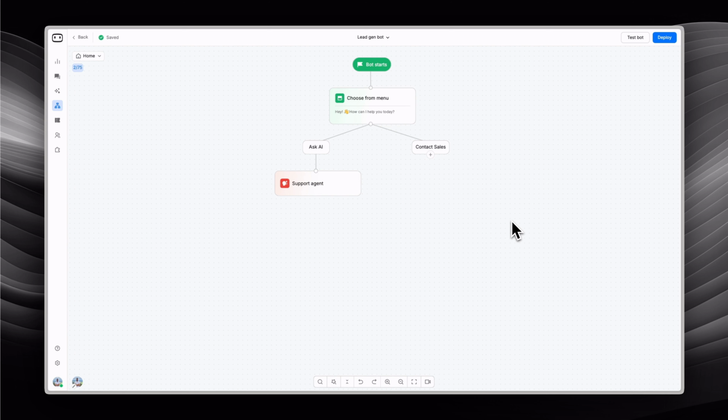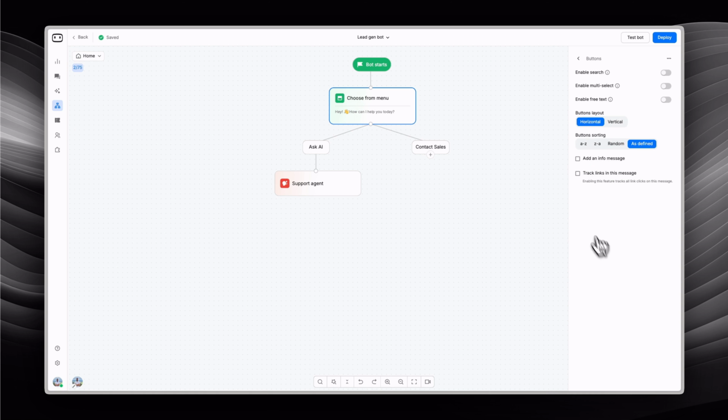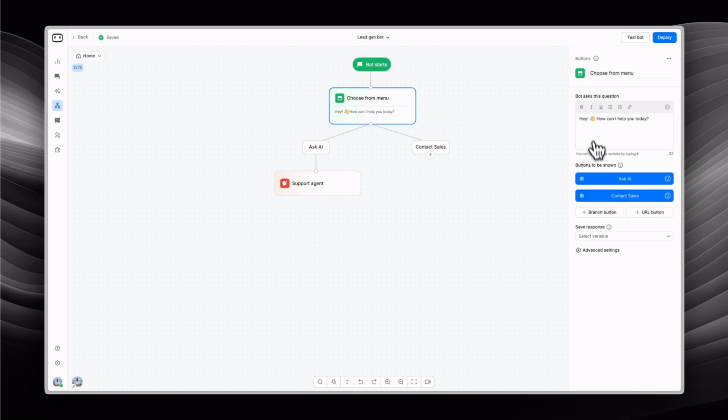Once an action block is chosen, its configuration panel opens on the right. This is where you configure how that action block behaves, including messages, questions, logic, and next steps. Each action block connects to the next, allowing the conversation to move forward step by step based on user input